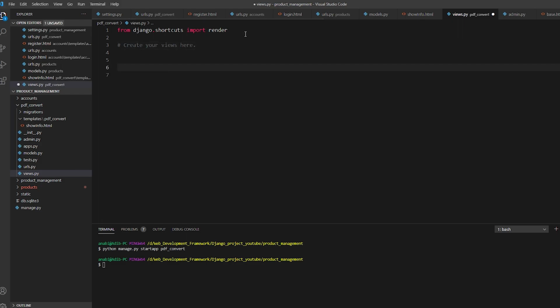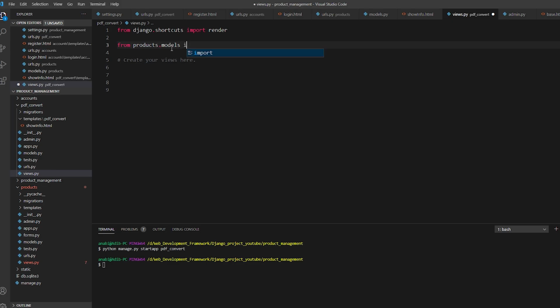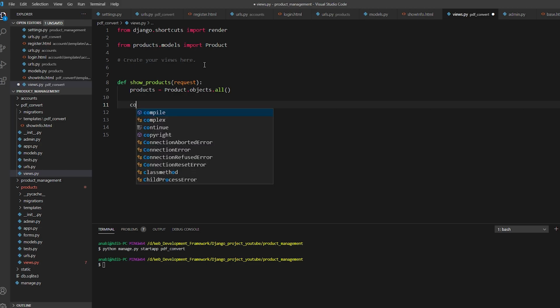Here I will create our views. For that we need our models. Okay, so we will write from products, this is our main app, products app. We need to import that model, the product model. Okay, from products.models import Product. We will create a function def show_products. It will take a request and it will fetch all the products. So products is equal to Product.objects.all, and we have a context